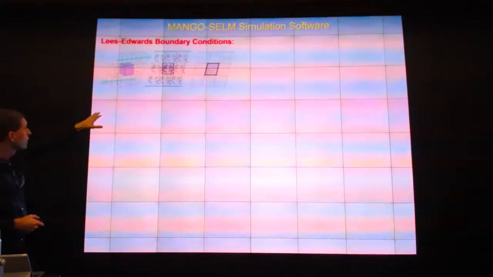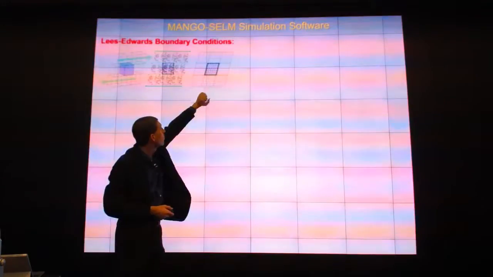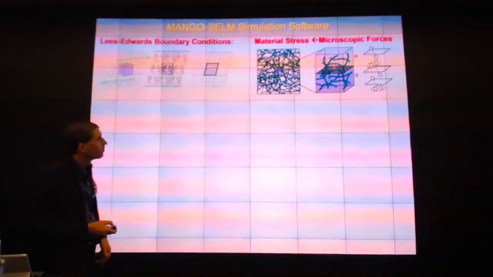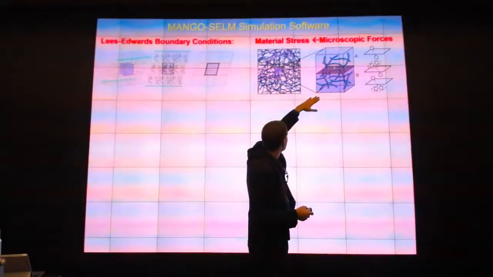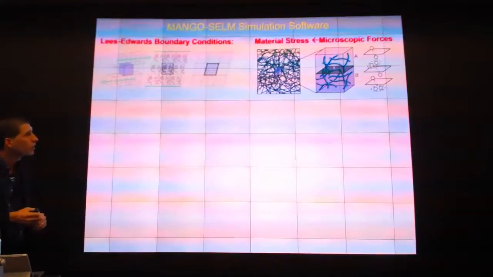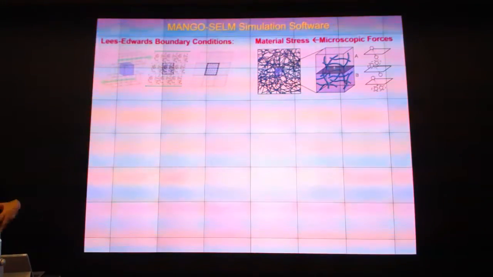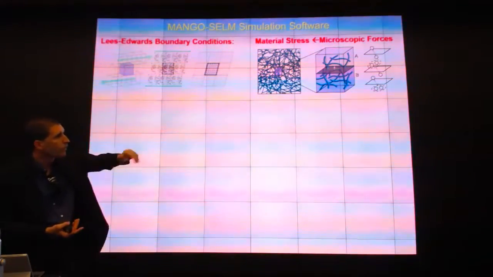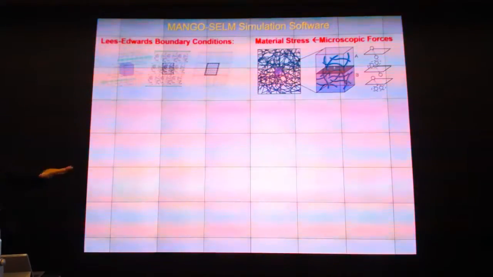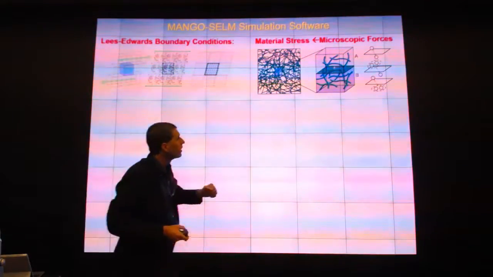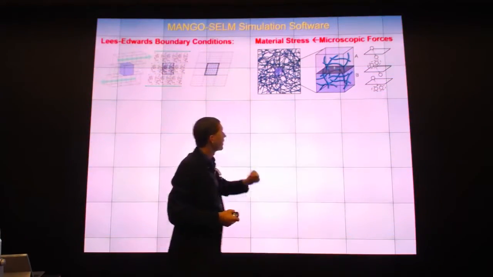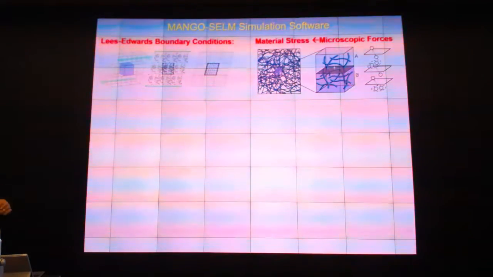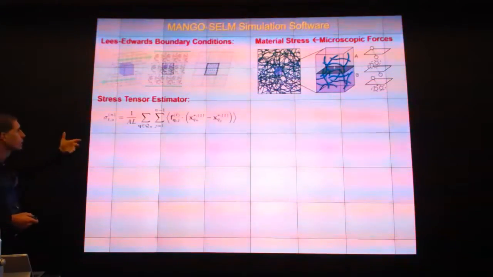It turns out you can look at this equivalently as using a periodic box, but where the unit cell now has a shear to it. And from that, what you can do is look at the stress response. Now, it's an interesting question of what the effective continuum stress is, given that you have this molecular description. But if you think about stress, stress is essentially the amount of force material A is exerting on material B across a certain plane per unit area. And so you can use that concept of stress, although in the microscopic context, you don't want it to be sensitive to the location of your stress plane. So you average over all the different stress planes,